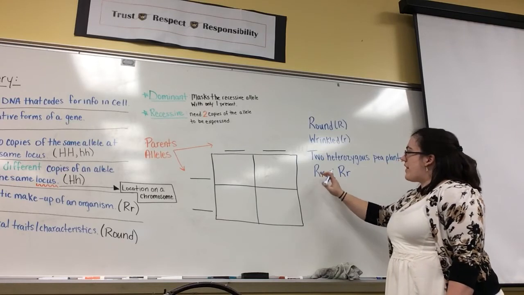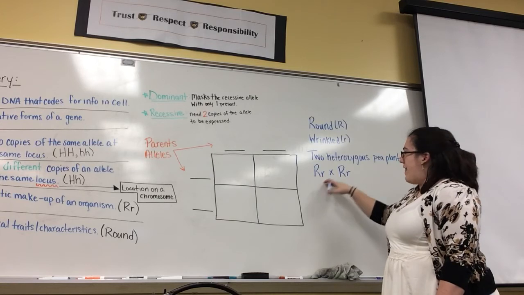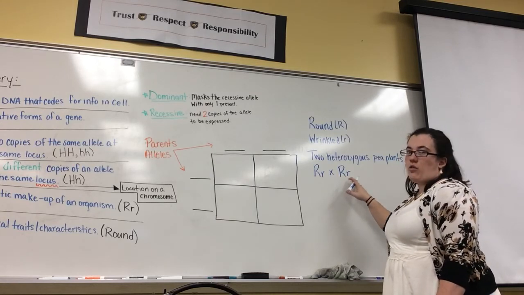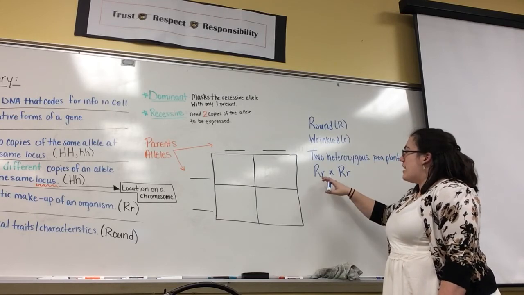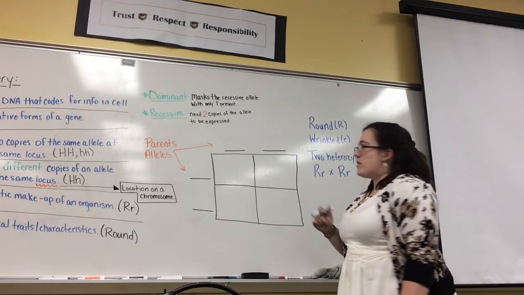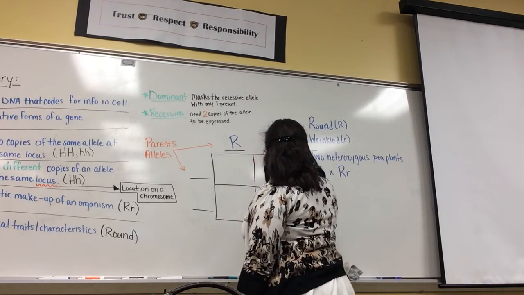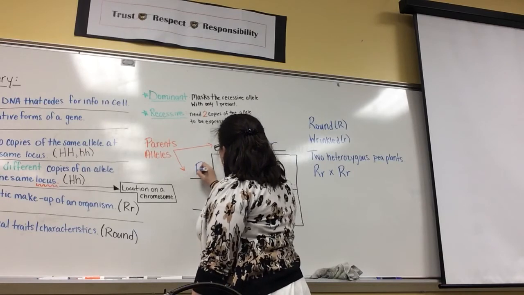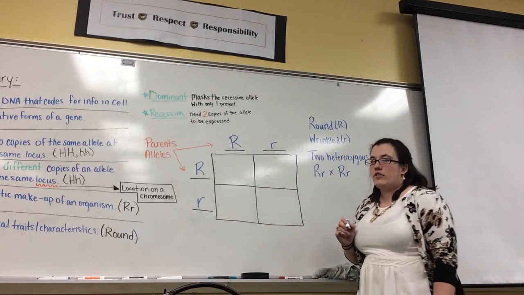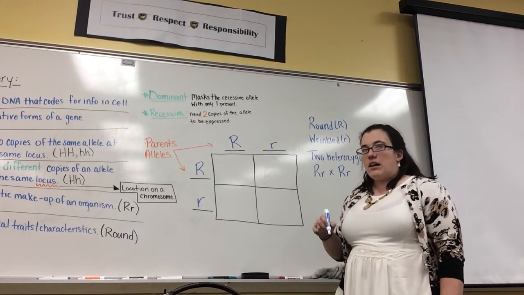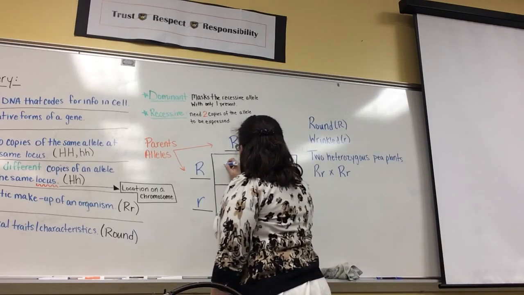Now, this is showing that this parent could give their offspring either a big R or a little r, and this parent could give their offspring a big R or a little r as well. So you just have to take that into consideration and put that on your Punnett square. So we would put a big R here and a little r here, and a big R here and a little r here. Now, you're going to combine those alleles in each box, and then that will show you the possible genotypes of the offspring. So here we'd have